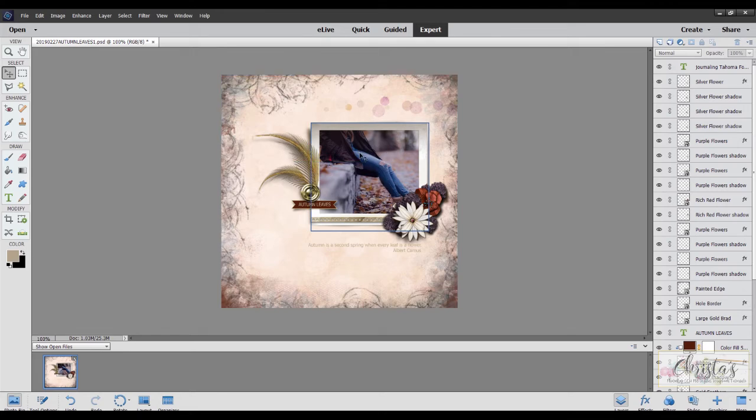And so for that, I've picked elements in Photoshop Elements to pick up the colors that are in the photo, like the purples from her jacket, the orange rusty colors from the leaves,